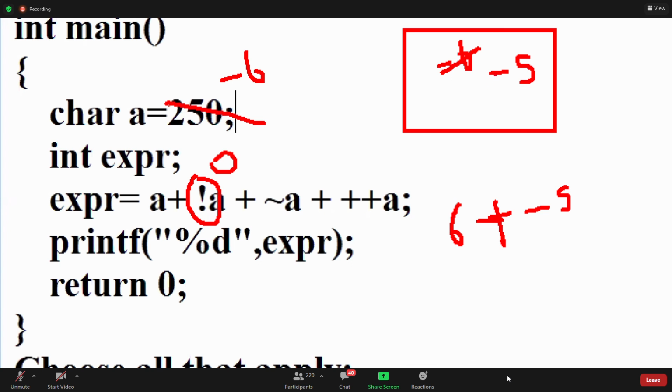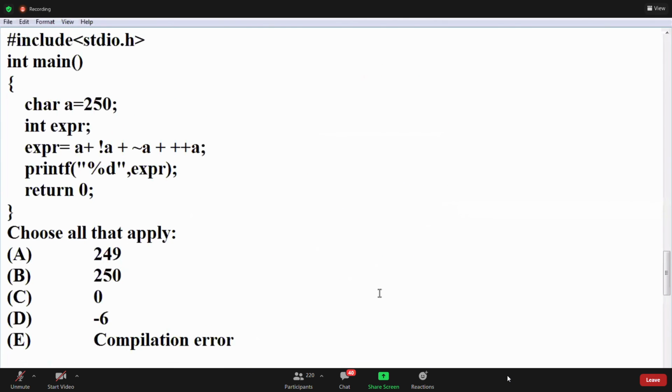Add 1, plus 4. Add 1 means plus 4. Plus a value. What is the a value, guys? Minus 5. This is 0 anyway. Minus 10 plus 4. Minus 6 is the answer. Now the answer is, guys, minus 6.